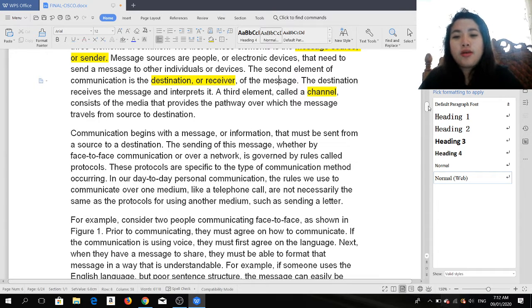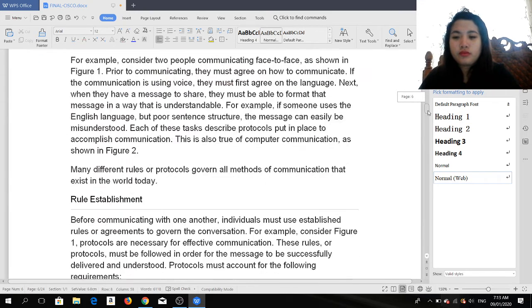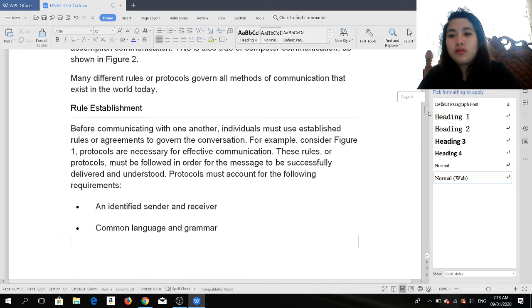The rules we use to communicate over one medium, like a telephone call, are not necessarily the same as the protocols for using another medium, such as sending a letter. Many different rules or protocols govern all methods of communication that exist in the world today.